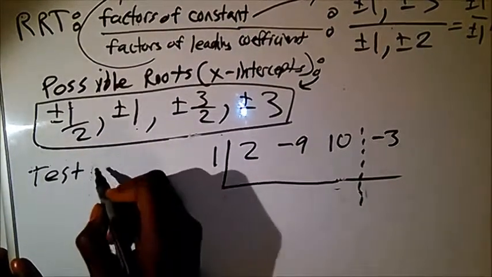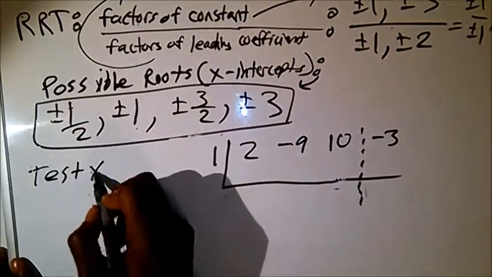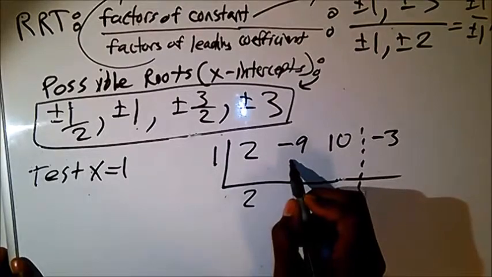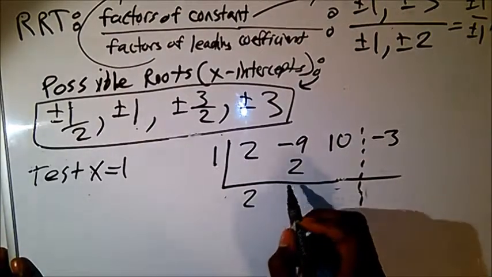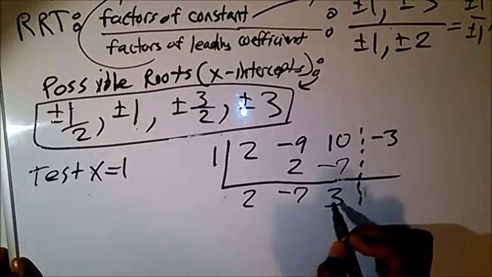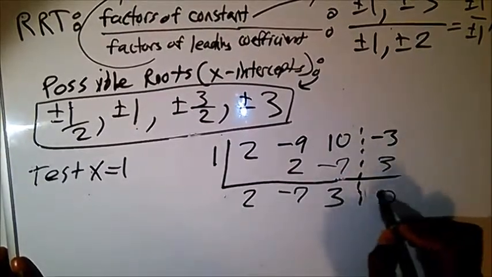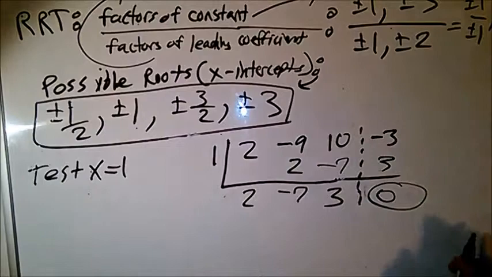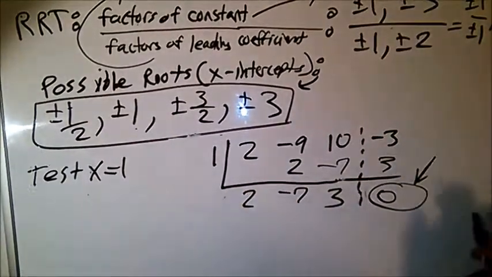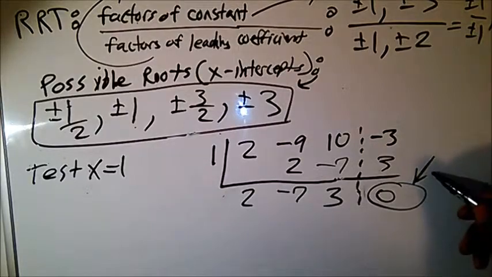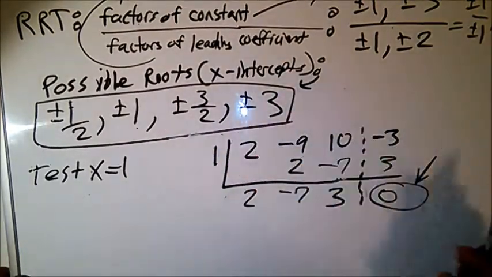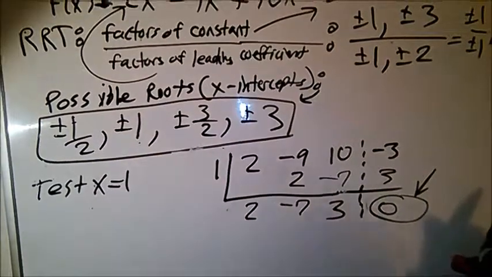We saw that when we tested for x equal to 1, we had 2 and we had 7, and the remainder was 0. So with this shortcut, once we find a root, a remainder of 0, which means that x equals 1 is a root or an x-intercept, then what we're going to do is